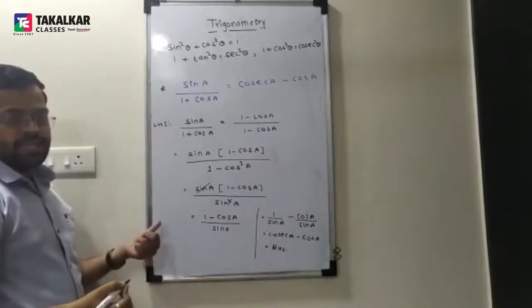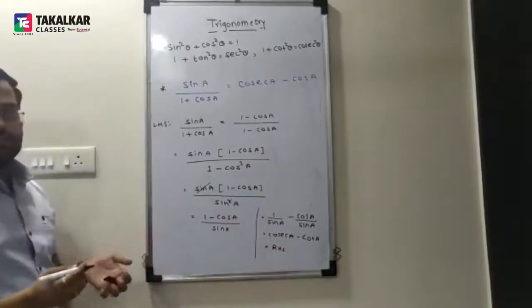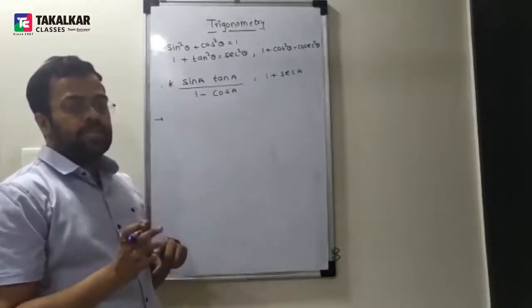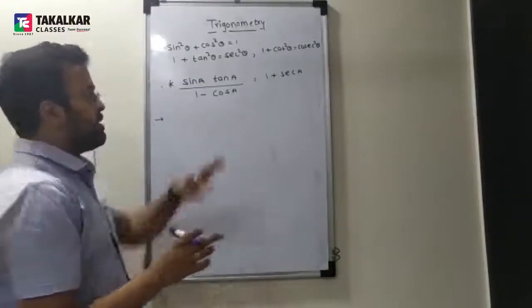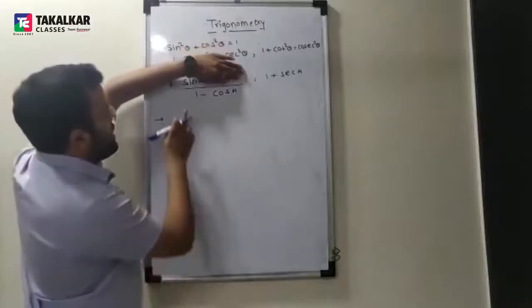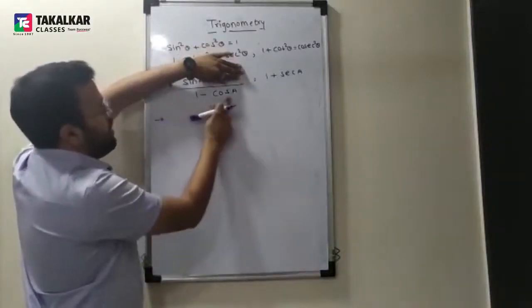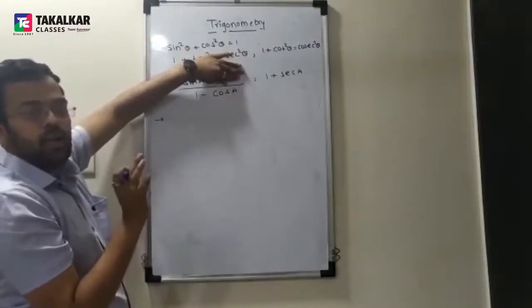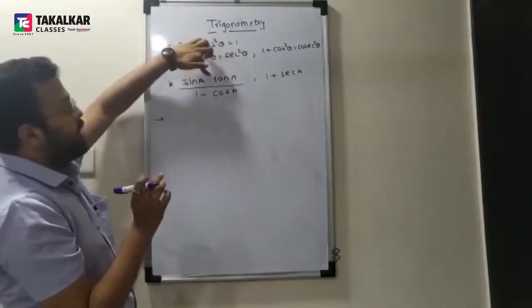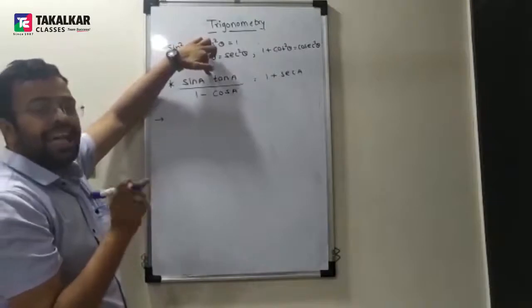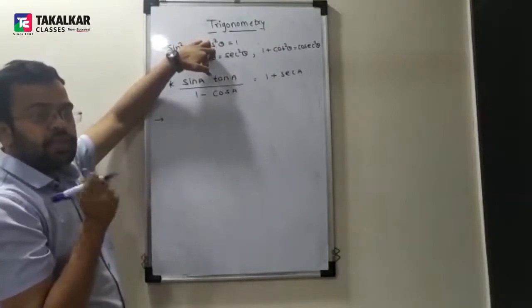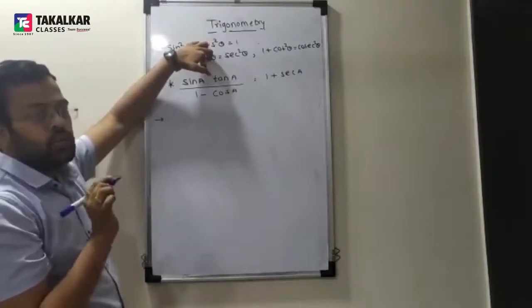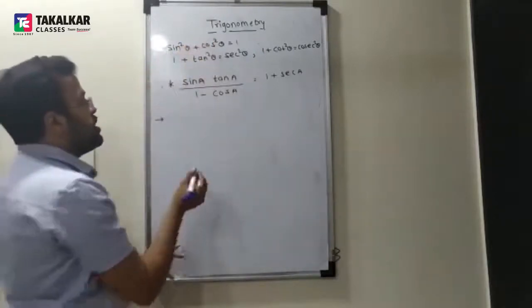Getting this? Is this easy? Now we see the next term. Now look at this sum carefully. What is the difference between the previous sum and this term? If I cancel this tan A, so what do you mean? Sin upon 1 minus cos A, nothing can be simplified. So what would you do? Rationalize. But here there is one more term, tan, that can be simplified. How to simplify tan? Sin upon cos. Since it is simplifying, you will not use rationalization. So what do you have to do?